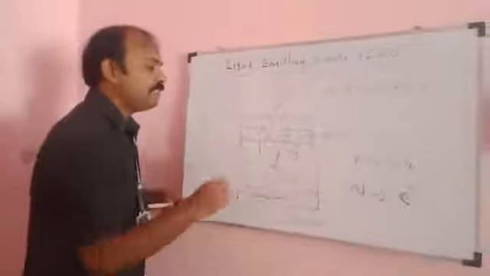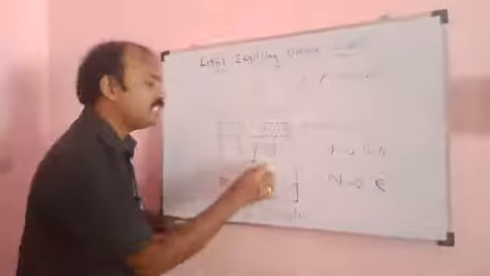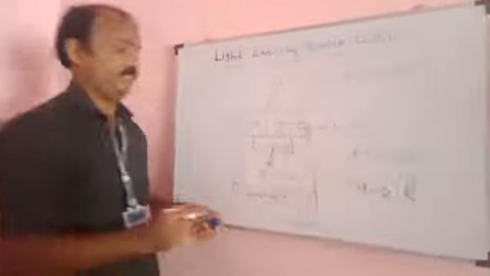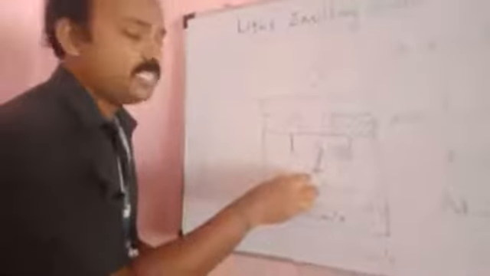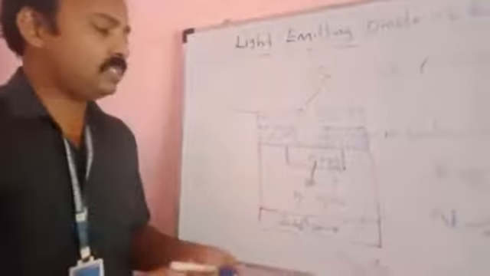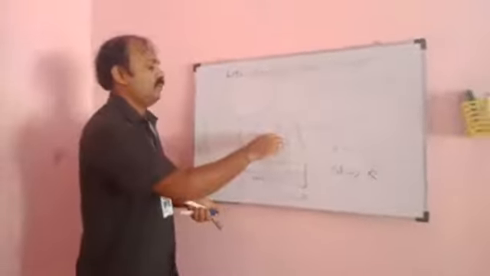Similarly, in P-type semiconductor, the availability of electrons is going to increase by way of diffusion. So the minority charge carrier of P-type semiconductor is electron, which will increase. The minority charge carrier of N-type semiconductor is actually hole. That hole is going to increase by sending holes from the P-type semiconductor.